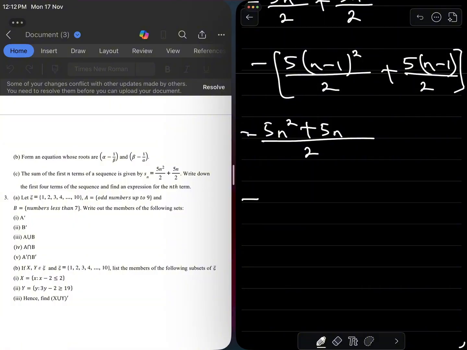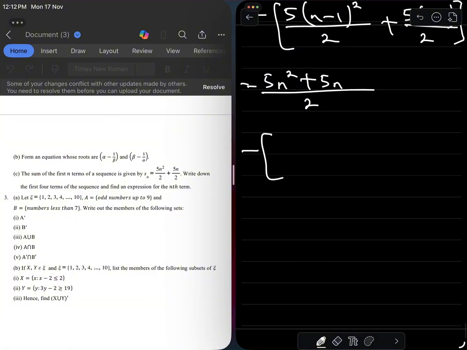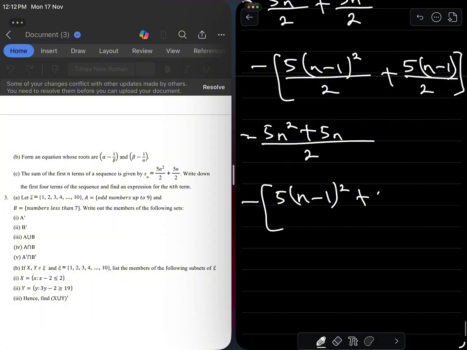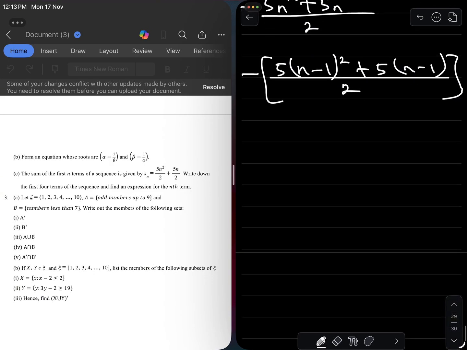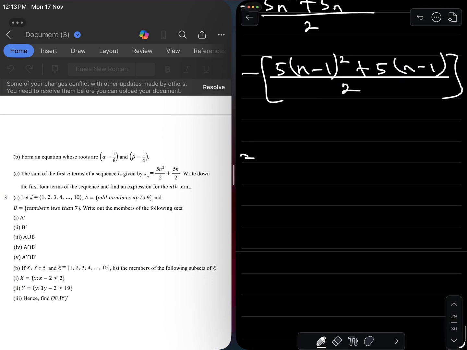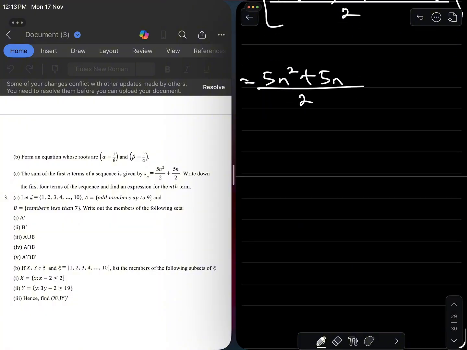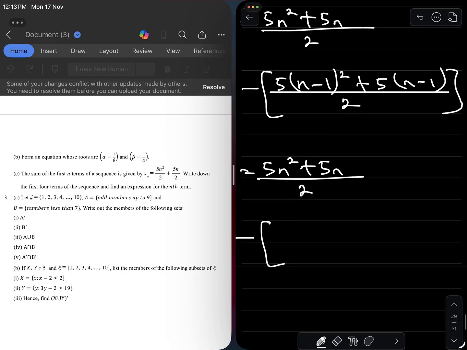So I'm going to have minus into bracket 5 times n minus 1 squared plus 5 times n minus 1 all over 2. And we proceed. That simply means 5n squared plus 5n over 2 minus